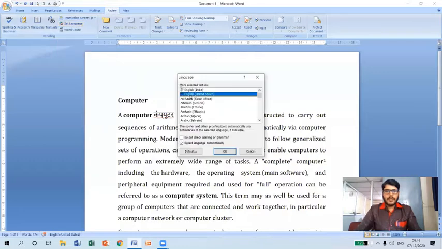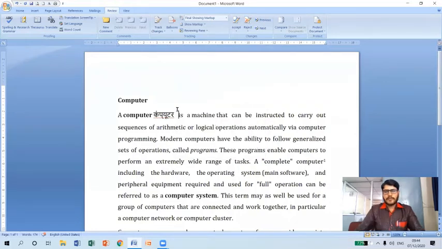Similarly, we can set a default language for our document by using the set language option. So by default we have set it as English. By default the language will be English only, and we can even set a different language by choosing from the different languages which are available here. So this is setting the language. And similarly, suppose I want to count the words, how many words are there in my document, that I want to count.